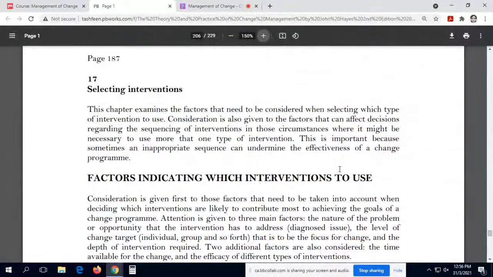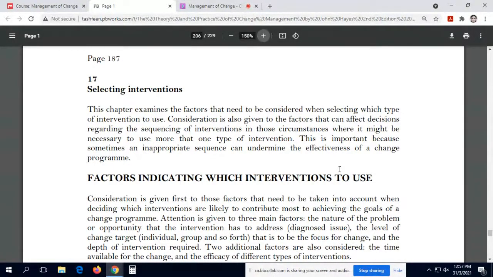When we will be going through managing change, one of the very important areas one would have to think about, look at, is interventions. What interventions one should use in a particular set of change scenario. Interventions, in other words, is what methodology, what framework, what your way of managing change, how you would approach it. You can word it the way you want to, how you want to intervene to manage change.